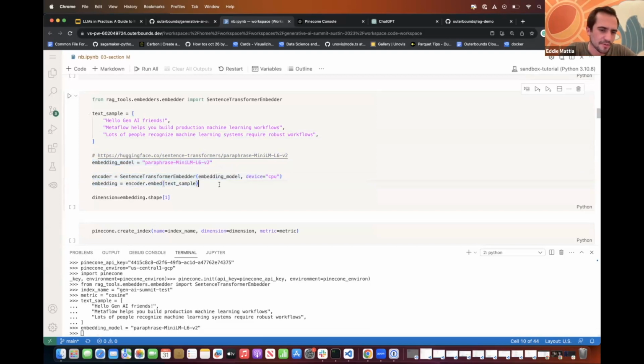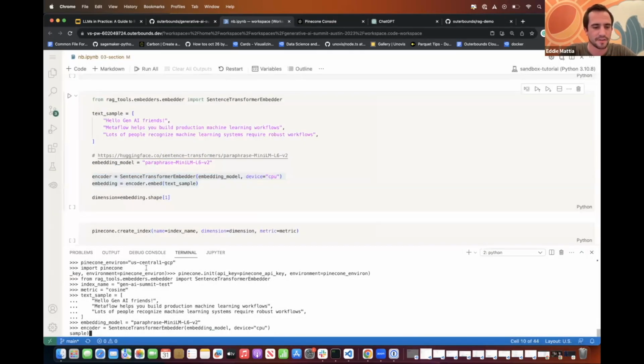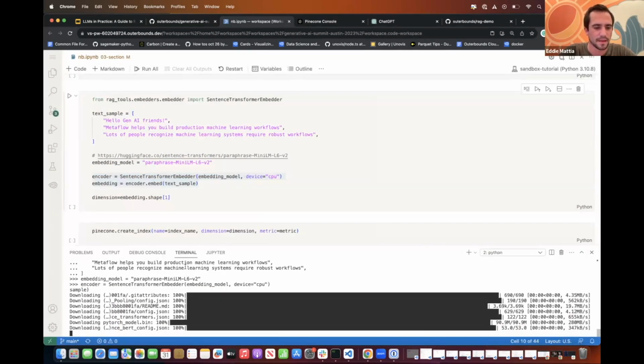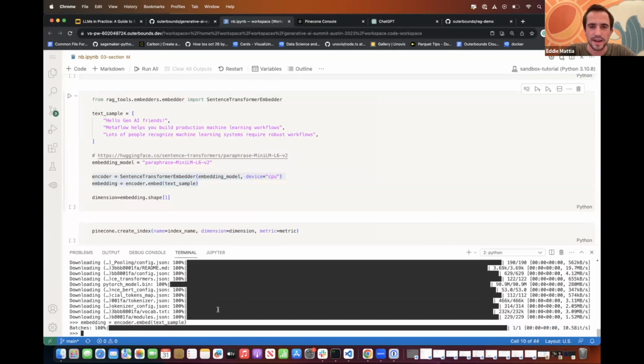This object is a little wrapper that's in the RAG tools, but it's a very thin wrapper around the Hugging Face API for doing this. So let's actually just go ahead and do these two together. We're going to make the encoder, and then we're going to encode these 3 text samples. So we'll get 3 vectors as an output. So now we see Hugging Face doing a lot of action, downloading the model,